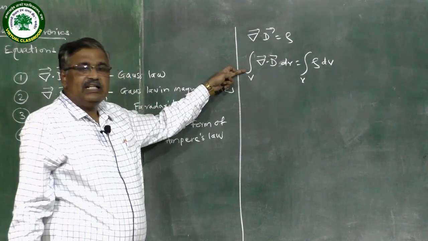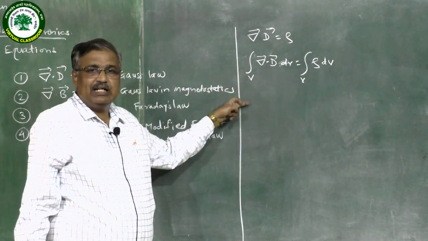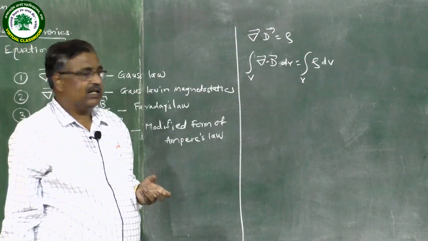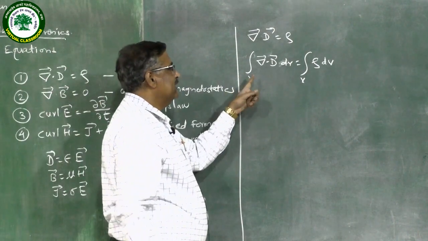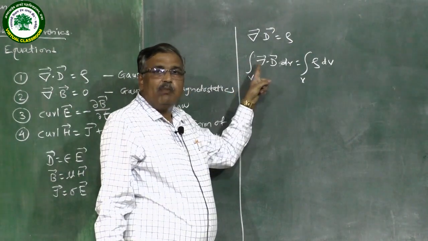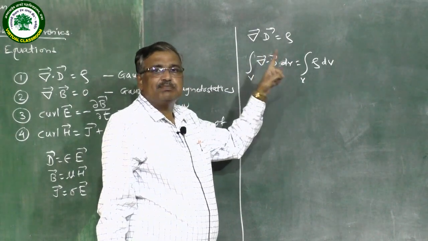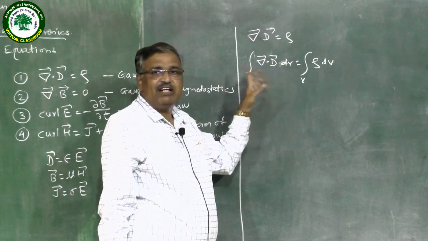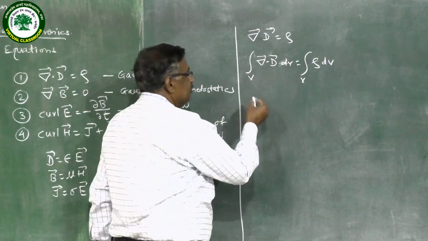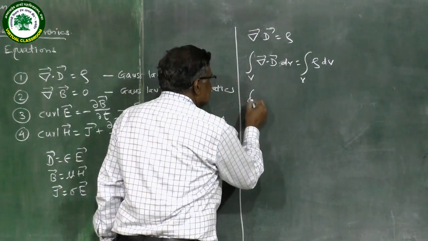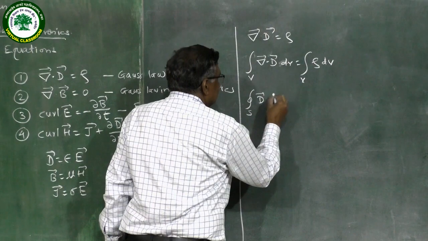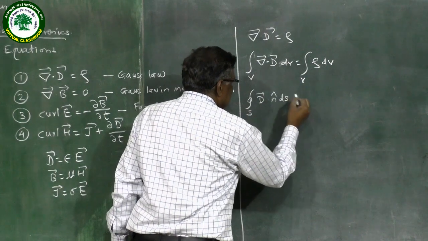Now this volume integral is easily converted into a surface integral by using the Gauss divergence theorem. So using the Gauss divergence theorem, a volume integral of the divergence of a vector is transferred into a surface integral of that vector. So this equation is written as integral over S of vector D dot n dS is equal to